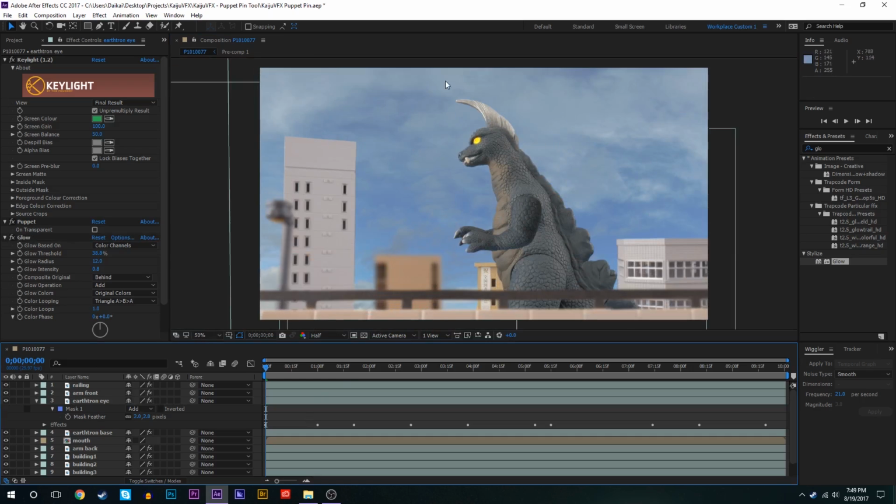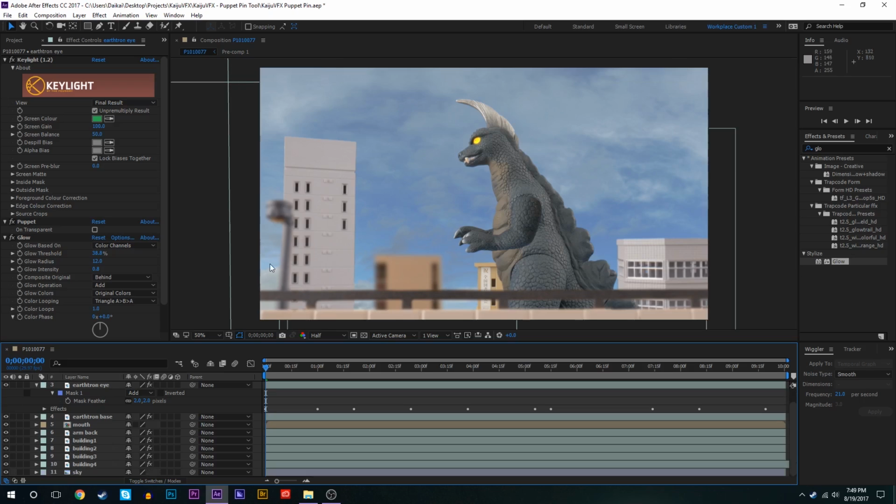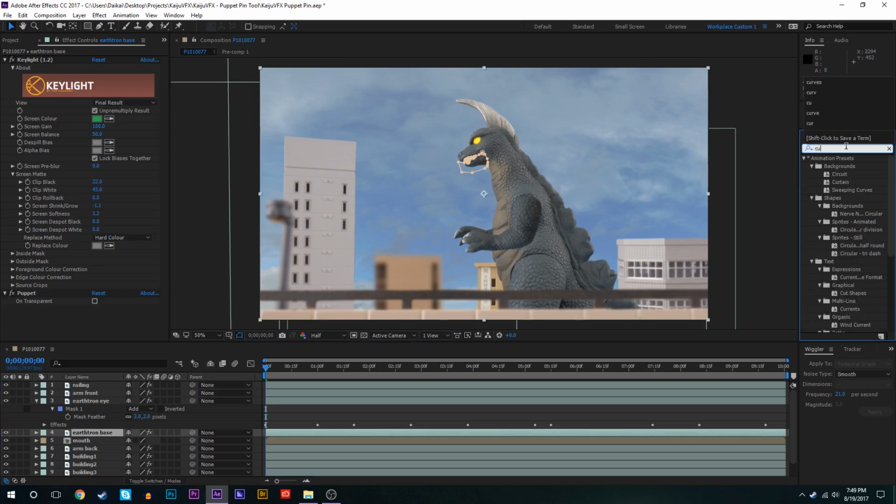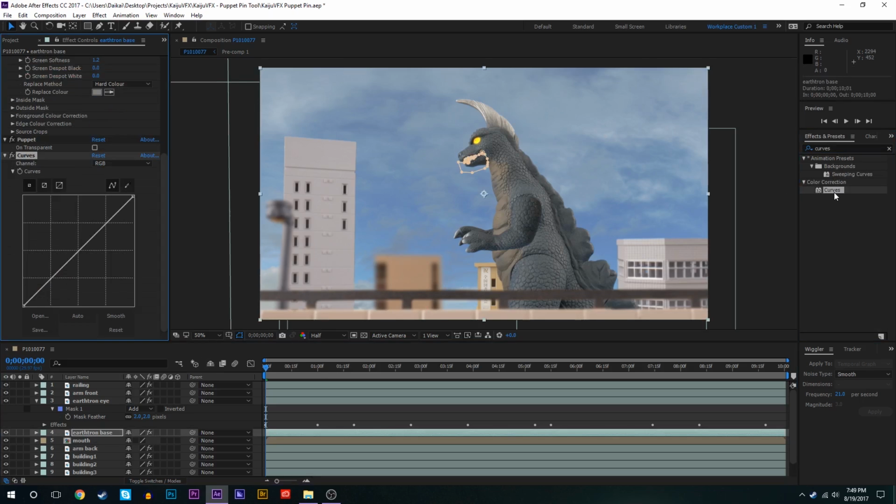And then we're going to color correct the rest of Earthtron to match the area that he's in right now. It's a very bright day outside, perfect for destruction, but Earthtron here just sort of looks odd placed in this situation because he's not brightened at all. So we'll go to the Earthtron base and we'll add a curves effect,